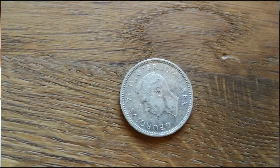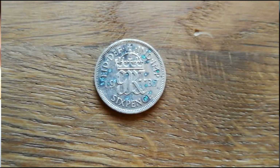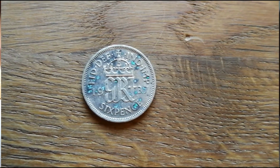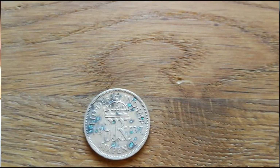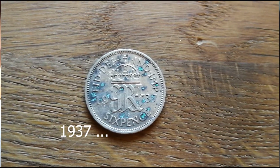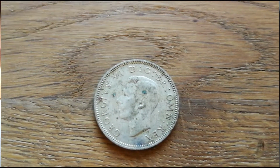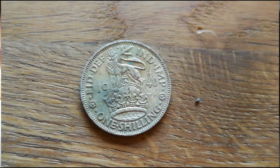Another one, George VI. Get the right way up. There you go. 1930. Did I miss that? Oh, no. 1935, is it? And the last one is George VI. And it's from 1940. Yeah, it's quite a